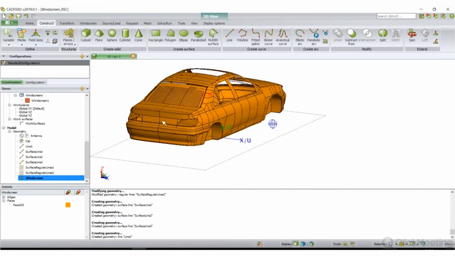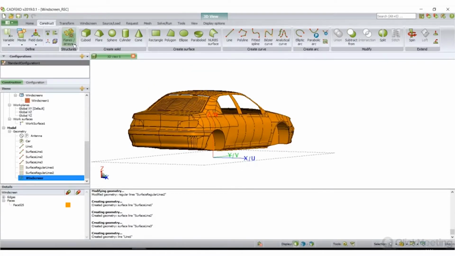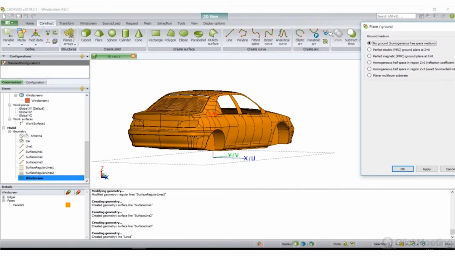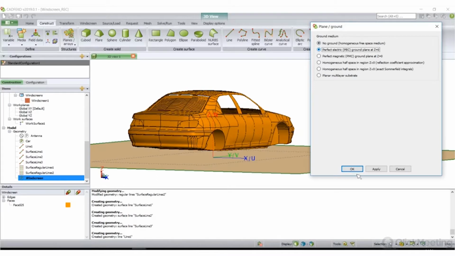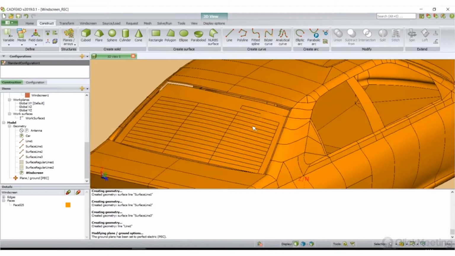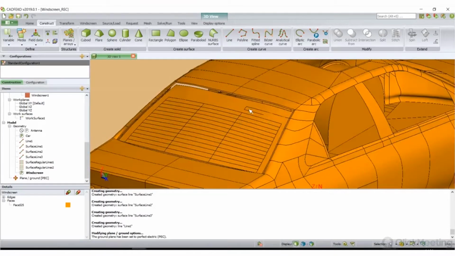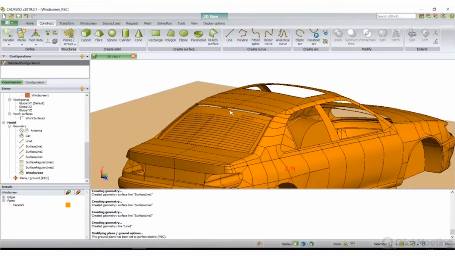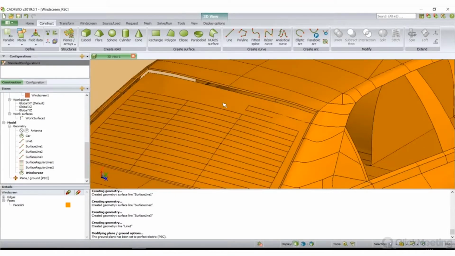Let's put an infinite ground plane underneath our vehicle so that the ground effects are taken into account when analyzing the antenna pattern. Okay. And now, let's make the union of the parts at the end. And first of all, let's